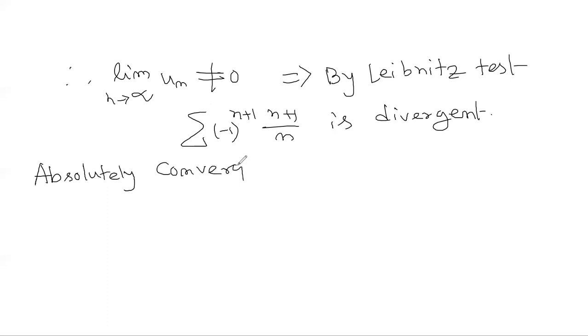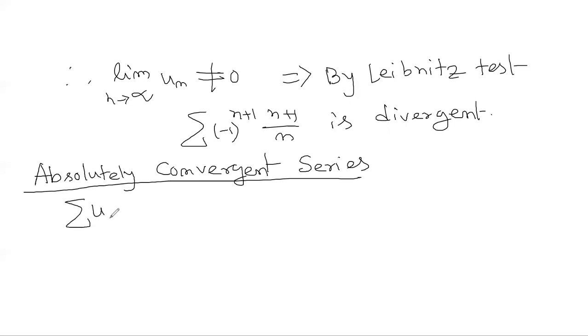So here we'll discuss first what is called absolutely convergent series and then conditionally convergent series. Now a series summation un, which is a general series. I'm not giving any restriction about un, that means un greater than 0, these kinds of restrictions are not there. So un be a series of real numbers, which means a general series.